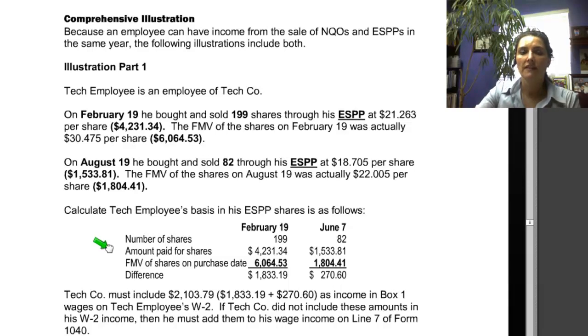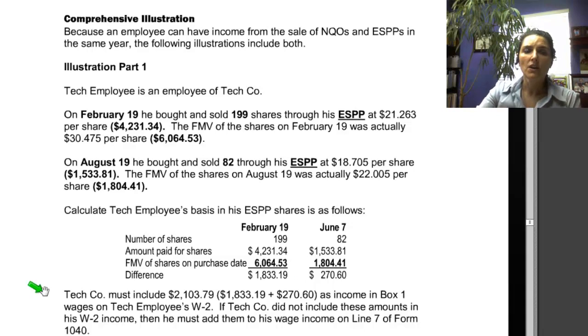Well, you calculate tech employee's basis in his ESPP shares as follows. You look at the number of shares and the amount that he paid for the shares, and then you look at the fair market value of those shares on the date he bought them. You subtract the amount he paid from the fair market value, and you get the difference, which is $1,833.19 profit to that employee on the first purchase, and a $270.60 difference for that employee on the second purchase